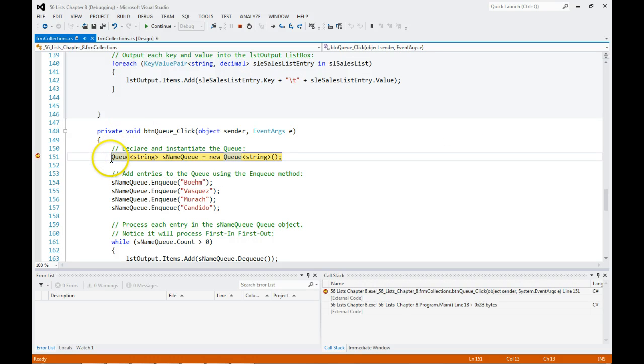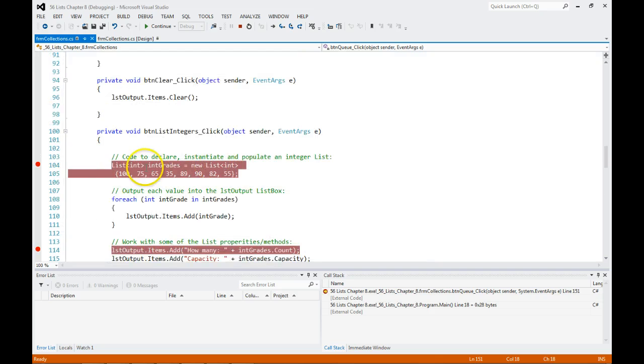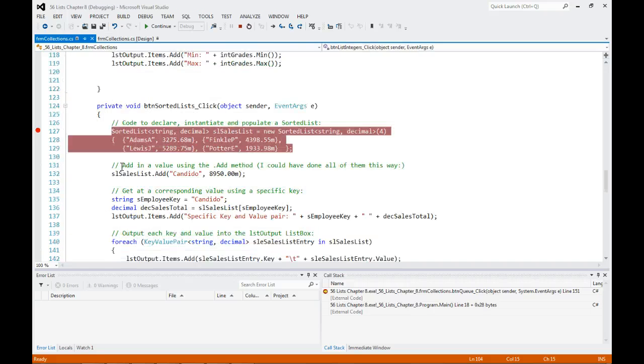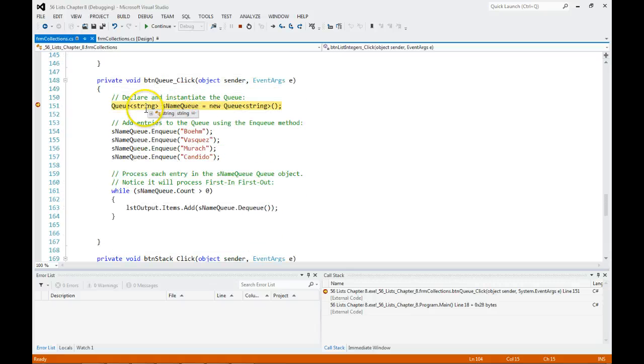Notice you don't put the word list, you put queue. But everything else is pretty much the same except Q here and Q here. That tells C# that you don't want a list. A queue is going to be processed from the first entry to the last. And how you